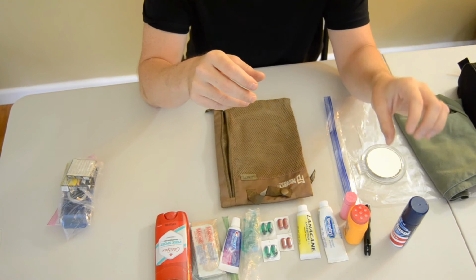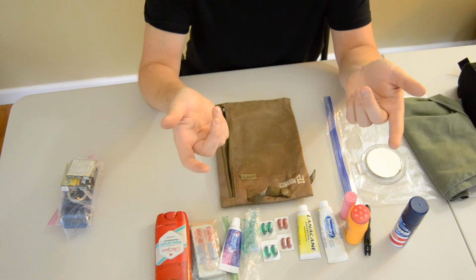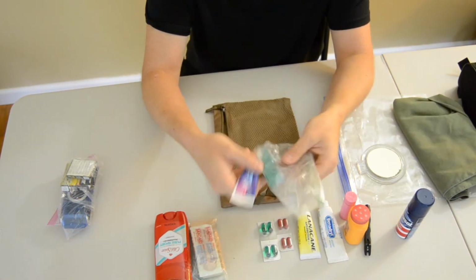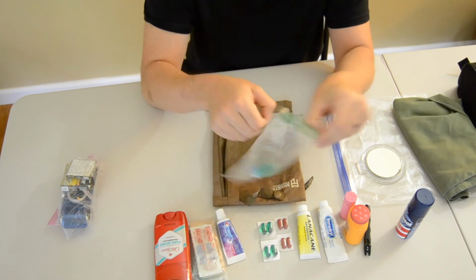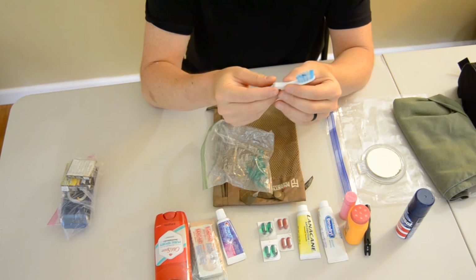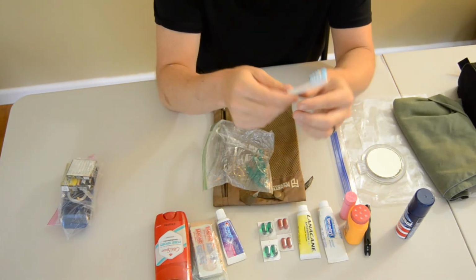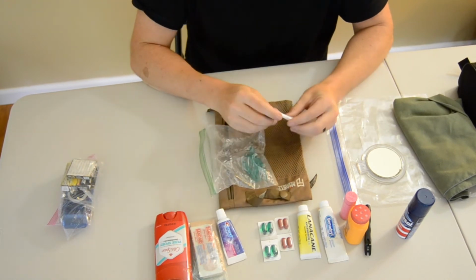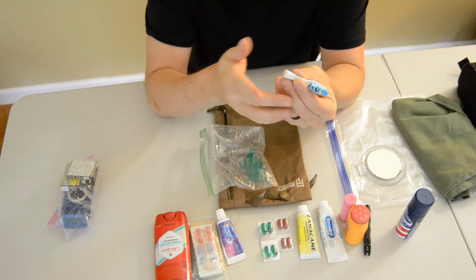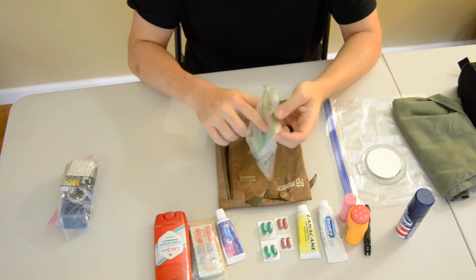My razor, it fell apart, and because it was a cheap disposable one, that's usually what I bring with me. So I tossed it, and I'll just make another one. But on with the razor, I'll show you real quick the toothbrush. They make little travel size ones, but if you just cut the handle off and make sure you can reach your molars, this is all you need. That big handle is cumbersome and sometimes won't go in nice little places like that. You get your disposable razor and your toothbrush, hack that little thing off the end, and then you can stick this anywhere. And since I'm already on teeth,